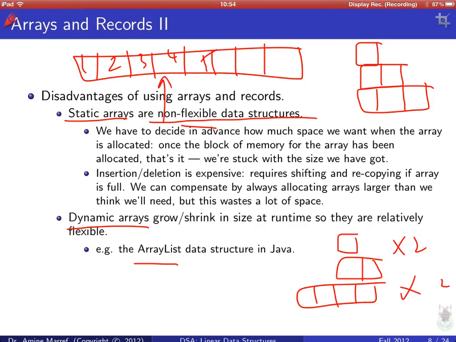If you see what I have drawn so far, I said these are elements which are full, and these are